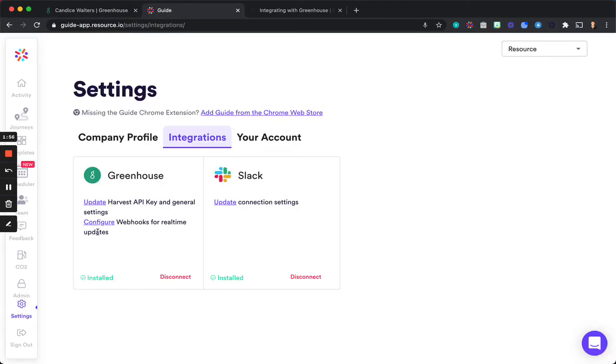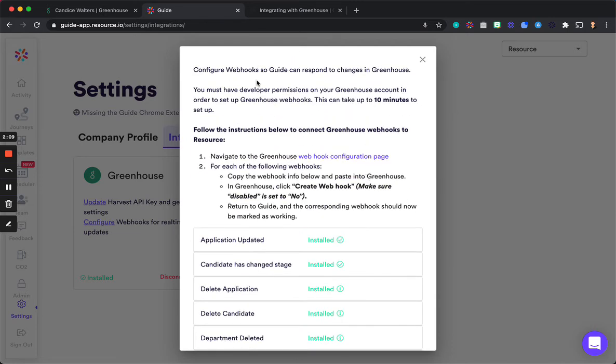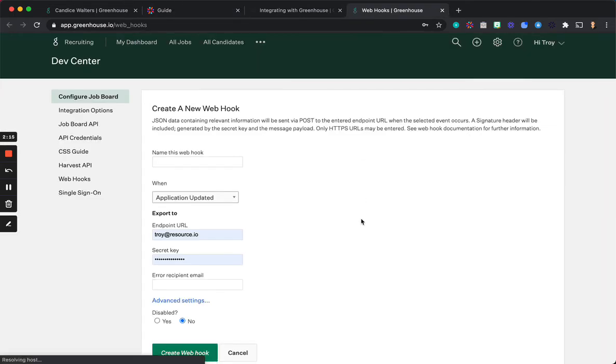Lastly, we're going to configure webhooks, which enables us to get updated when any of this data inside of Greenhouse changes. So we have the most up-to-date version inside of Guide. And we're going to go ahead and configure, and similarly, follow these steps to get to the Greenhouse webhook configuration